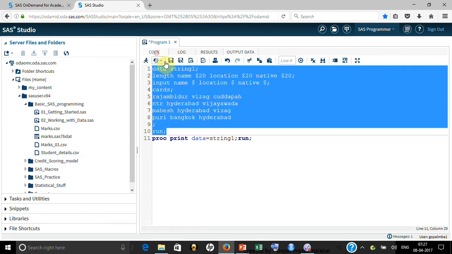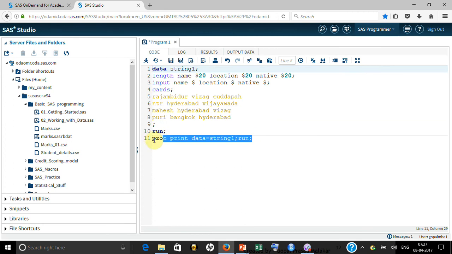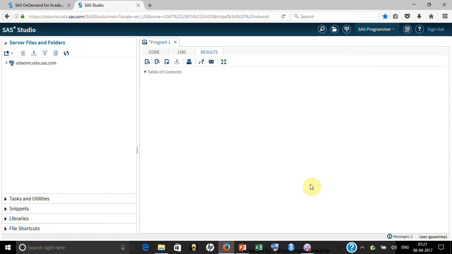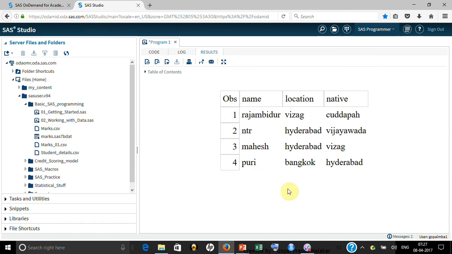Now let me show you how you will use some of these panels also. For that I am going here, and let me say that I am just going to run proc print. It will run and create the output. Whatever data it has read, it has put it here. Now if you look, the output data is not available here. How will you go there to find it?